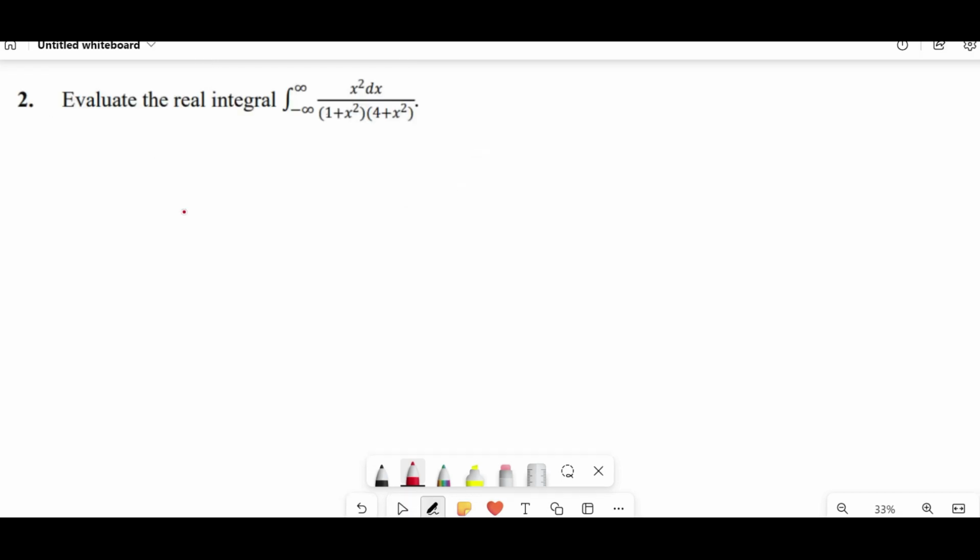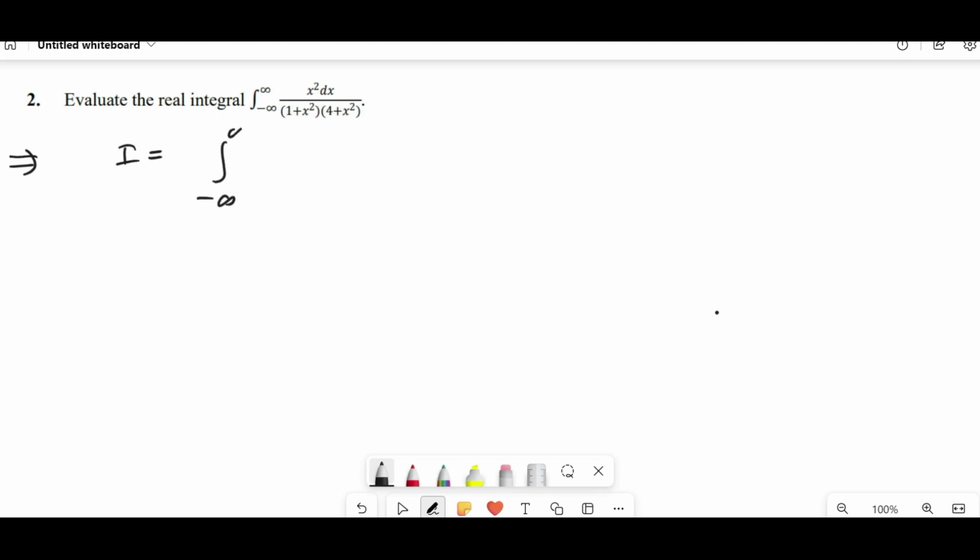So now in this integral, first of all, let us consider the given integral from negative infinity to infinity of x square dx upon 1 plus x square, 4 plus x square. So in this integral we need to replace x by z,